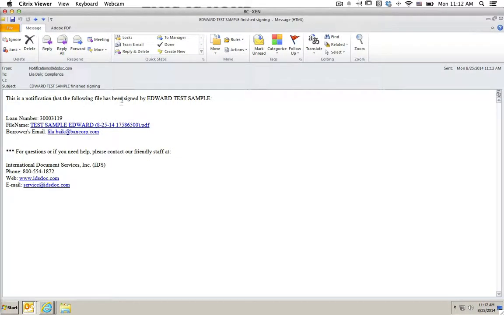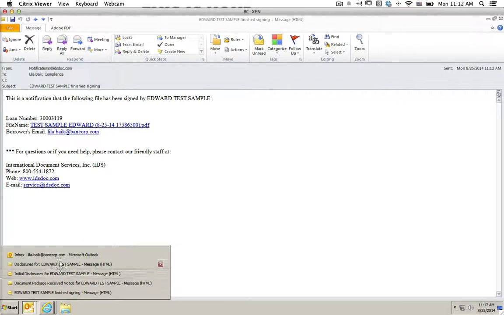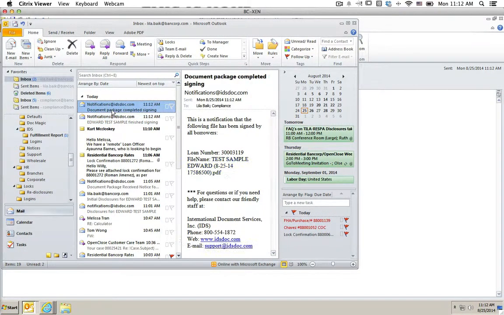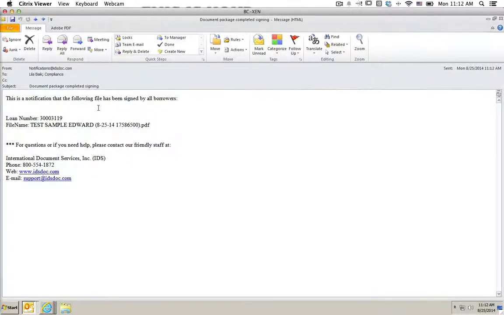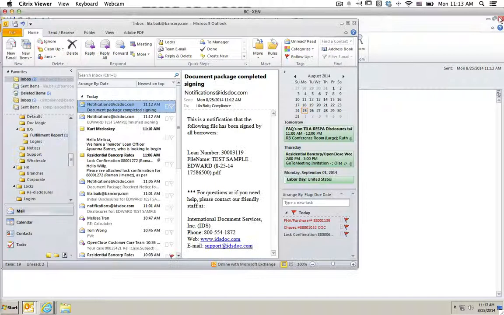Stating that the following notification for the following file has been signed by Edward Test Sample. And basically you'll get a link for the completed e-sign package. And then if there are multiple borrowers, you'll get one of these emails for every single borrower, and then you'll actually get another email stating that this notification for the following has been signed by all borrowers. So once all the loan officer and all the borrowers have signed all the documents, the loan officer will get